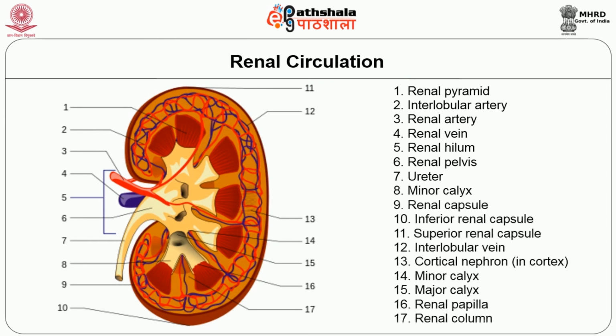Now, let us pass on to the details of renal circulation. The renal circulation is composed of highly specialized blood vessels. In adults, in resting condition, the kidneys receive 1300 ml of blood per minute, that is 26% of the cardiac output. Maximum blood supply to the kidneys enhances the functional efficiency of the blood. The renal blood vessels are composed of the renal arteries and the renal veins.